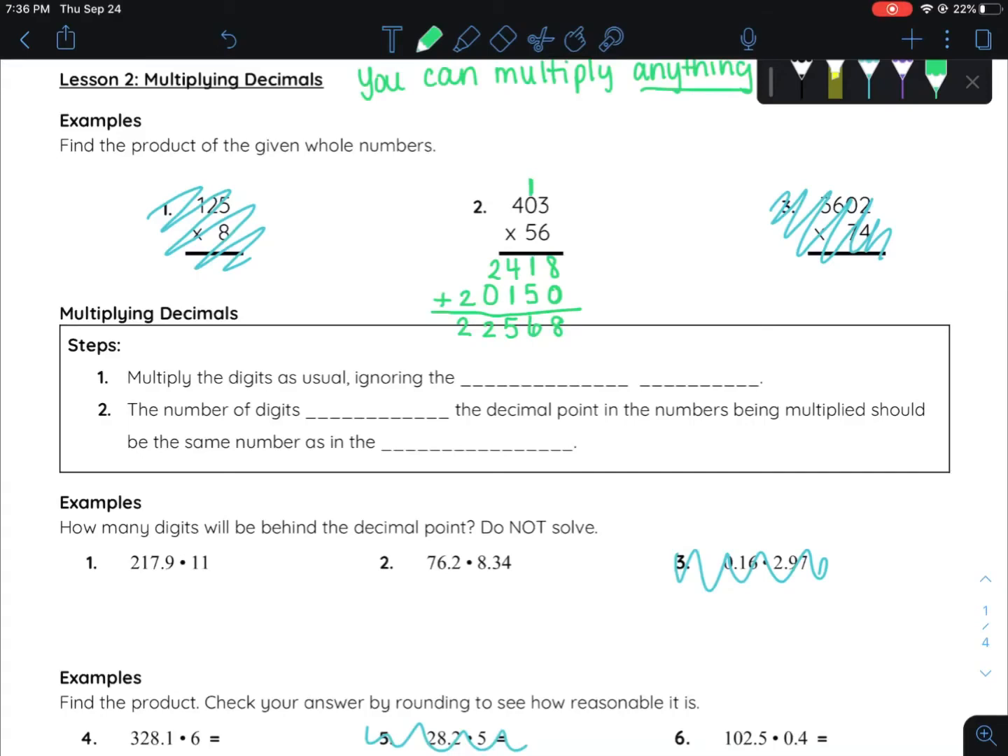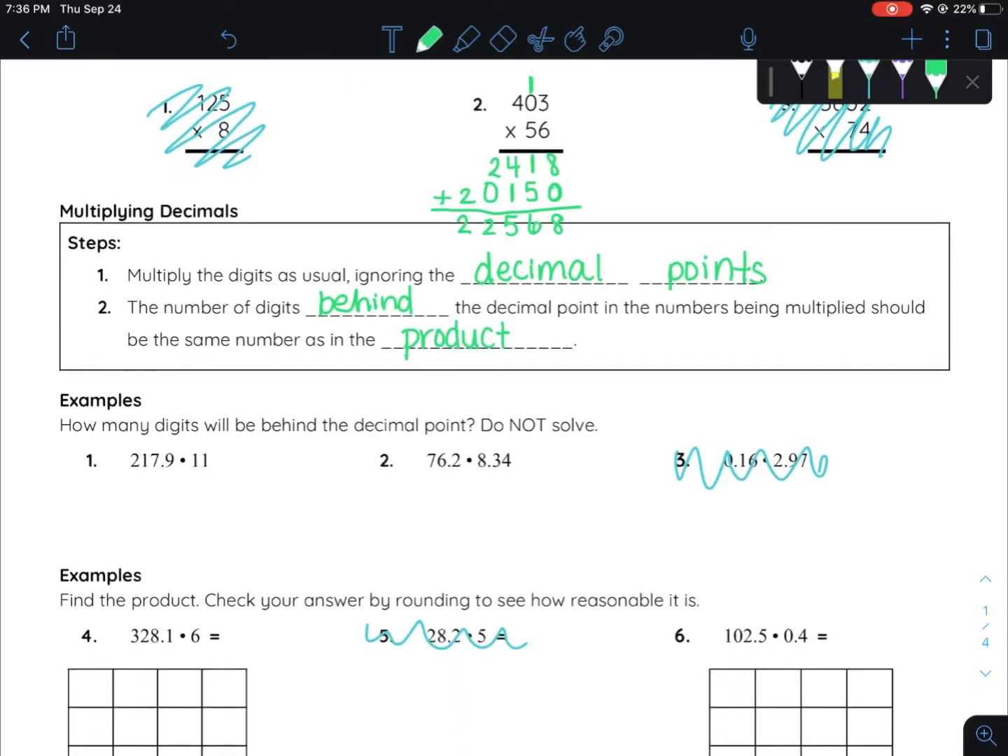So multiply them as usual, ignoring the decimal point. We'll take a look at that decimal point at the end, once we've found the product, okay? So the number of digits behind the decimal point in any of the numbers that are being multiplied should be the same number as in the product or your answer. What do I mean by that? Well, if our math problem is